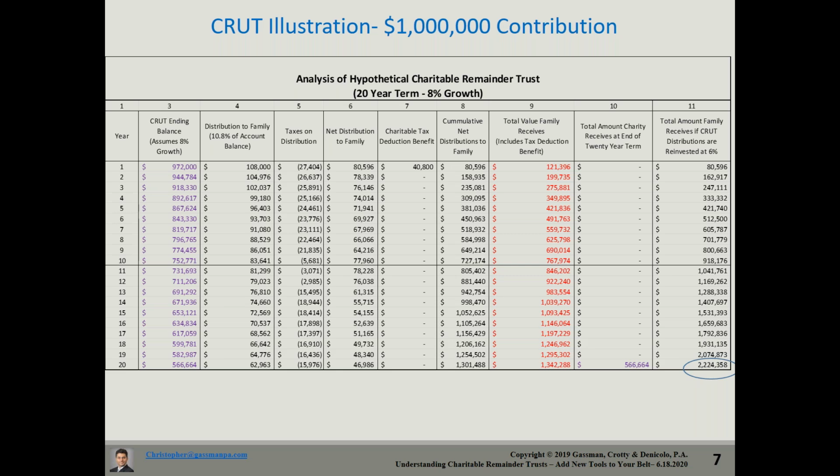So in this spreadsheet here, you'll see that if you put this $1 million into the trust, and each year it makes payments based upon 10.8% of the balance, this is actually a unit trust, a CRUT. At the end of the 20-year term, the family receives about 2.2 million, see in the bottom right corner there, and the charity is going to get about $566,000. Now the 2.24 million there is the cumulative of the distributions received by the family after the taxes on the distribution. So that's a cumulative amount. It doesn't necessarily factor in time value of money. It's more of a nominal basis. And then you'll see that the charitable entity receives about